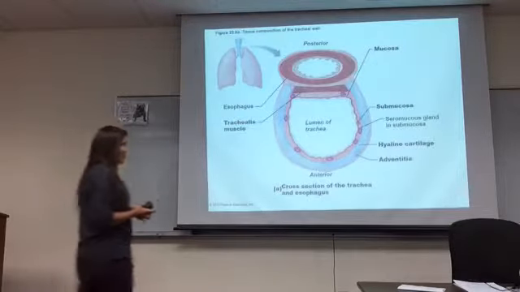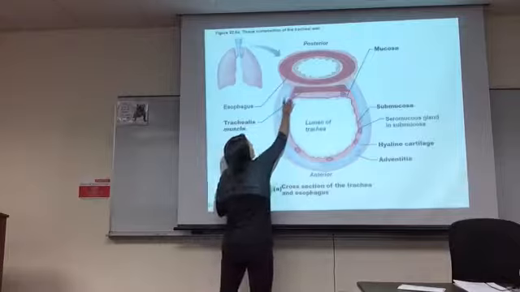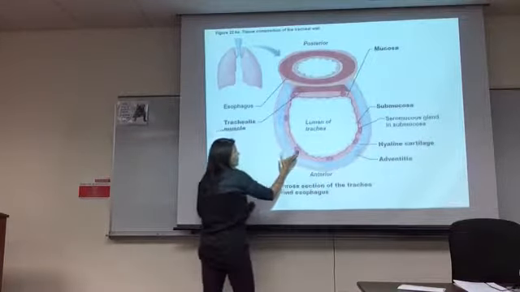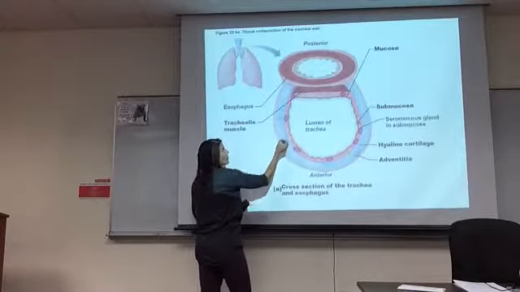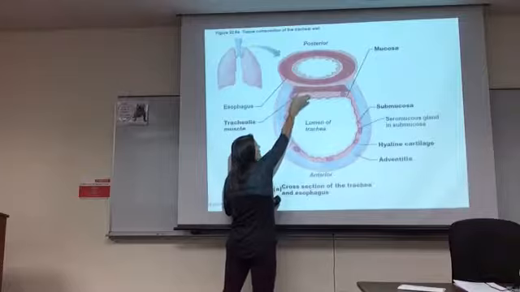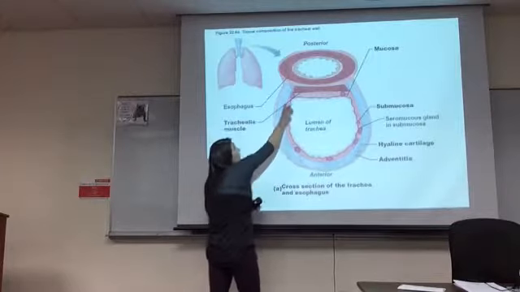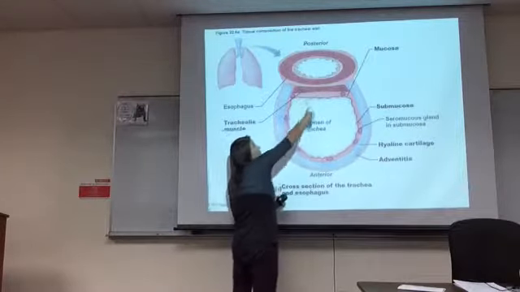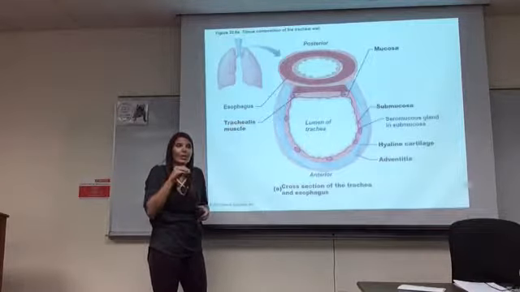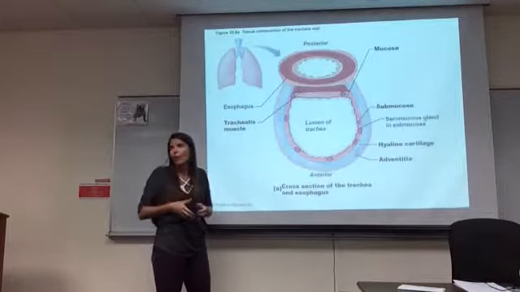Here's the diagram that I was talking about that I really, really like. First of all, you can see these tracheal cartilages. They're C-shaped. They're not a complete circle. Here is the esophagus, immediately posterior to the trachea. You can see that there's a little room where it can move back and forth. So when you swallow something and it needs to expand, it can push into that area without